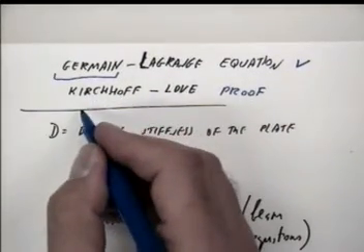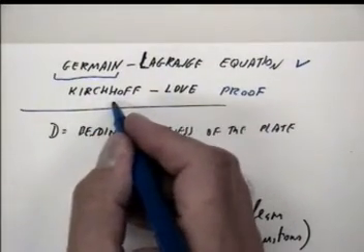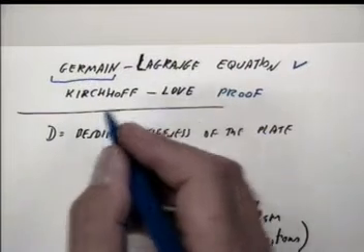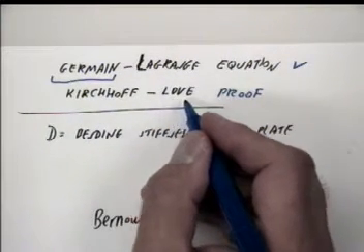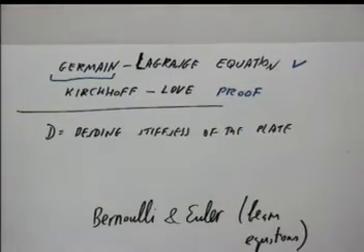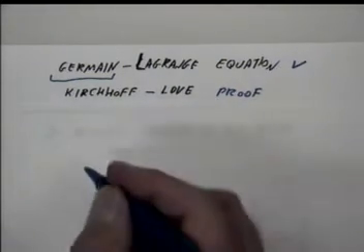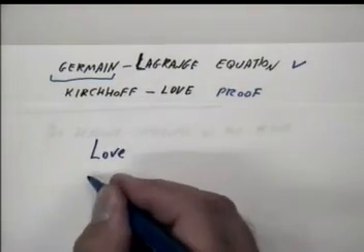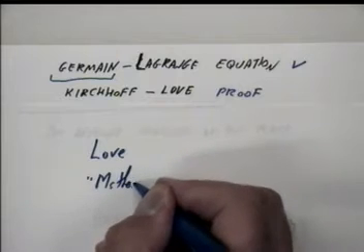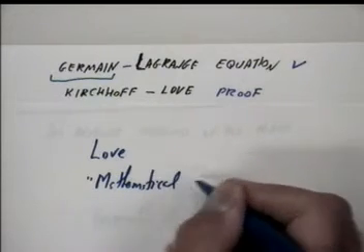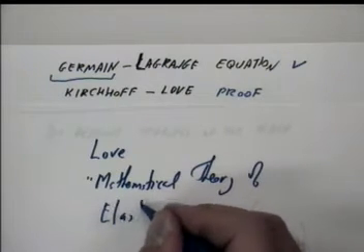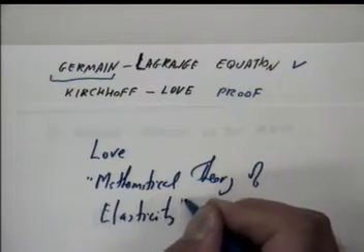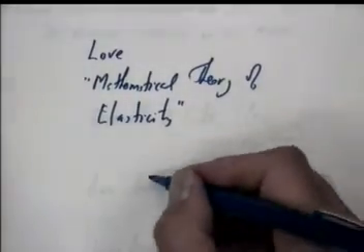Proof was given by a German scientist, Kirchhoff, and later an Englishman, Love, L-O-V-E. So Love has a book which is called Mathematical Theory of Elasticity. And some people think,